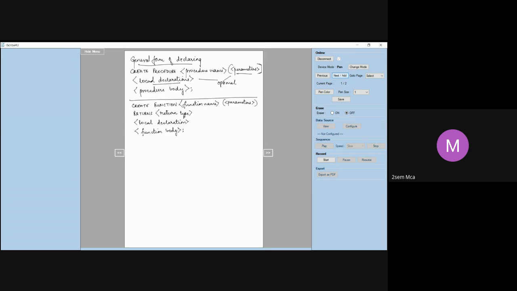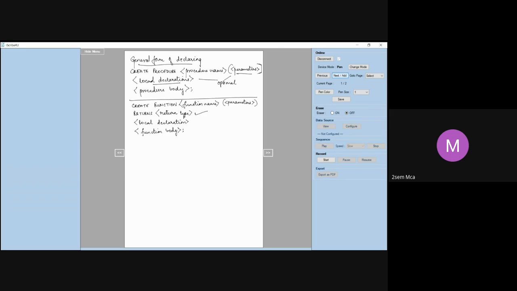Right? So this is how you declare a function. You can either have a procedure or you can have a function. The only difference is if you are writing a function, you should always have a return type. Obvious, that is. So returns is a keyword here: returns return type. And then we have local declaration and then function body.